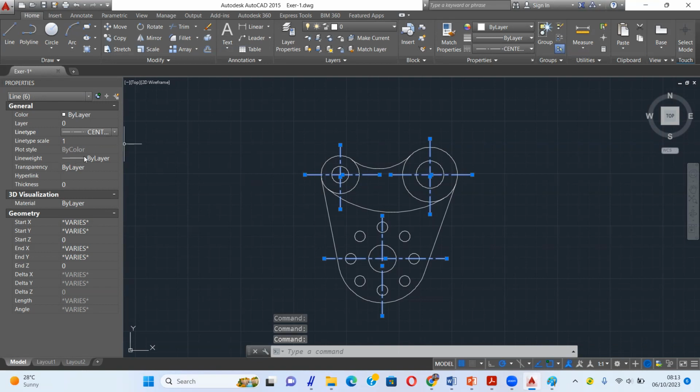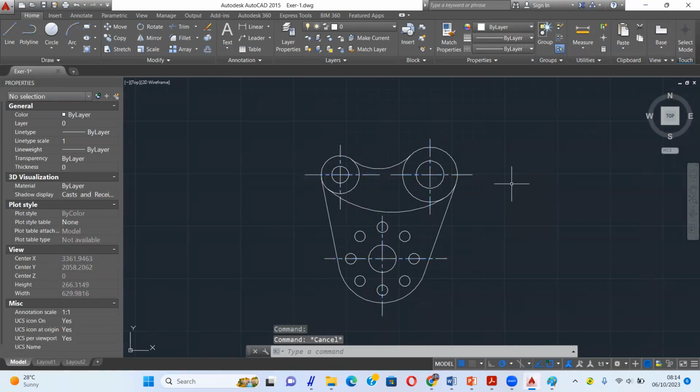Also the line weight, you can make it thin, for example, 0.15. Okay, this is the center line.